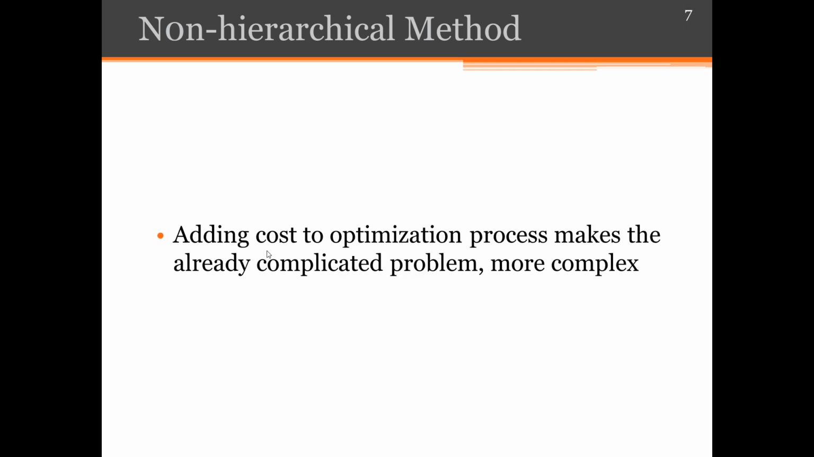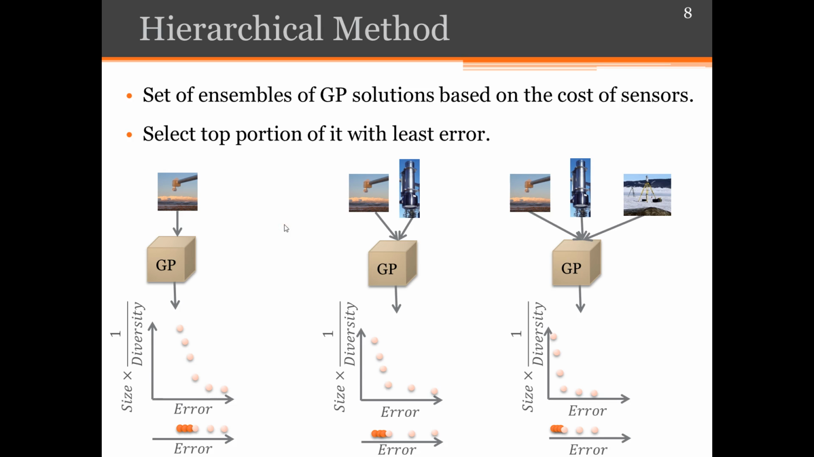So what should we do? That's why we came up with this hierarchical model. The way it works is that in the first round, we're going to train models having just sensor 1 available, which is the cheapest sensor and lowest accuracy sensor. We train genetic programming models not considering cost at all, and then at the end we're going to select the top portion of the models based on the error and put them in